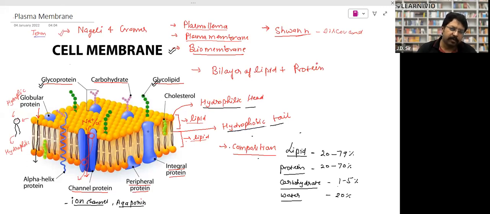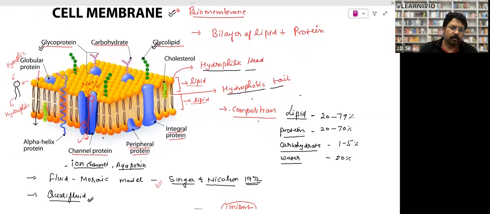And in between there are some blue color proteins. These proteins which traverse across the membrane are called integral proteins. Those proteins which are found at the surface, they do not traverse across the membrane, are called peripheral proteins, right? In this protein layer, there are some channel proteins. They are channel proteins, right? These channel proteins are gateways through which ions and water or some substances go across,